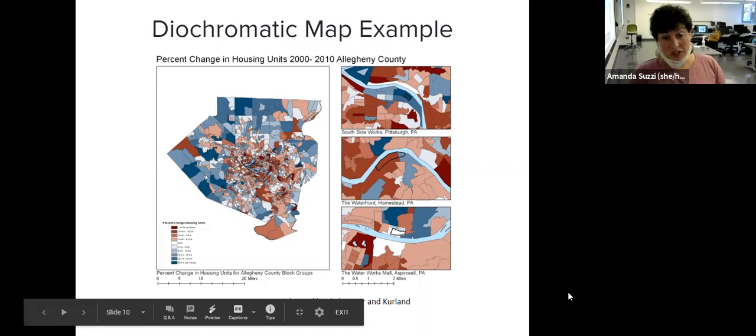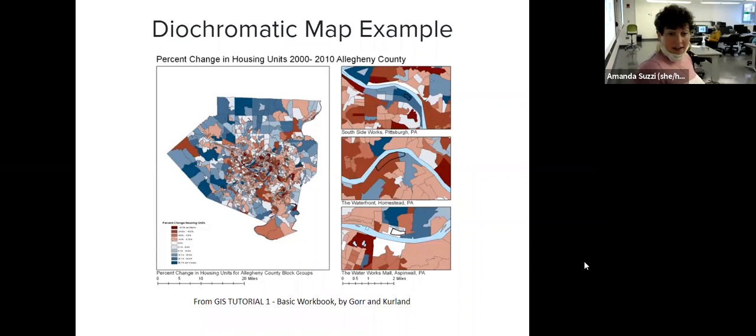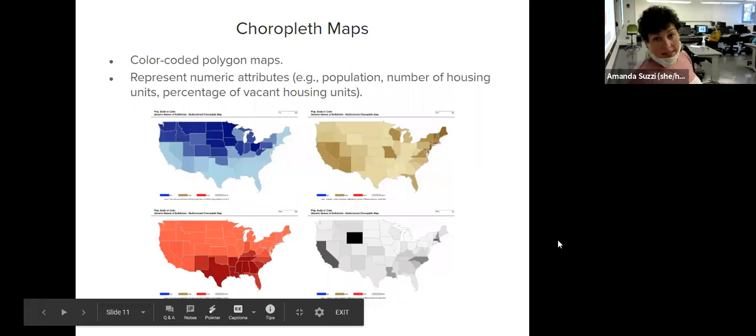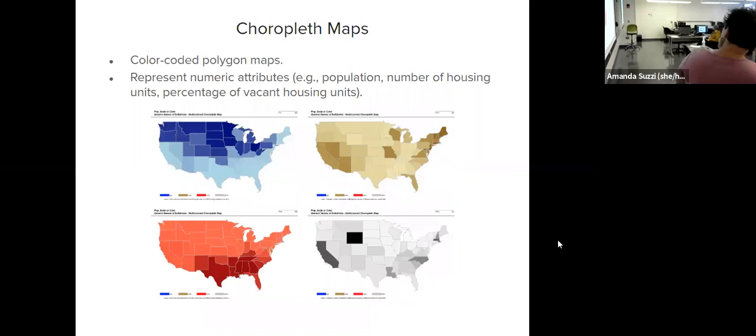So this is a good example of how you can show a positive and negative change in one map with two colors. And it's an example of a choropleth map. Choropleth maps are color-coded polygon maps, and they show a numeric attribute. You have in here